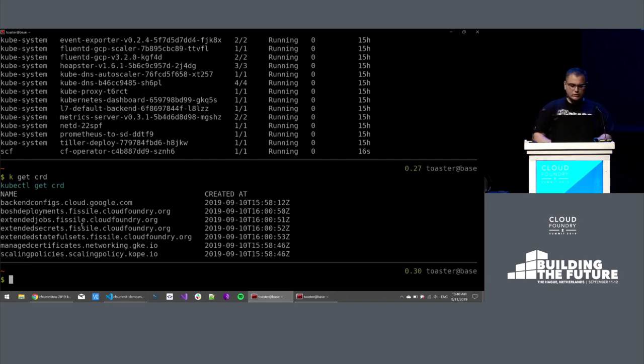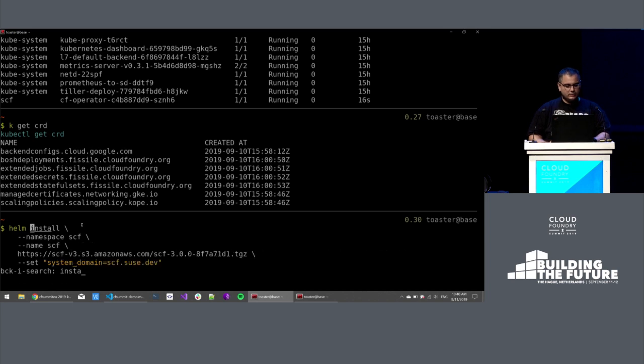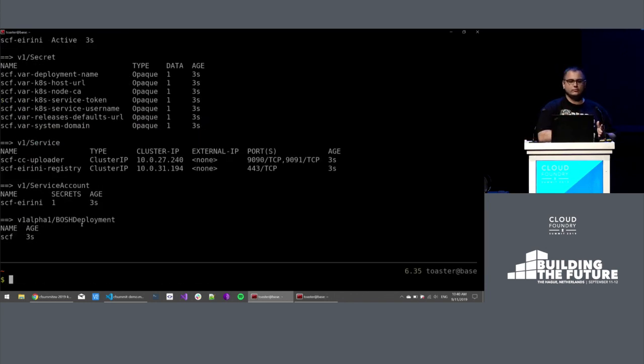OK, so now that we have the operator, we can go ahead and install SCF. So this is the containerized version of Cloud Foundry. Again, a simple Helm install. We run it. And this takes about 10 minutes to go from Helm install to being ready to run once all the Docker images are downloaded. So I will be switching to an environment that I've already deployed. First, though, I would like to show you something interesting about the Helm chart,